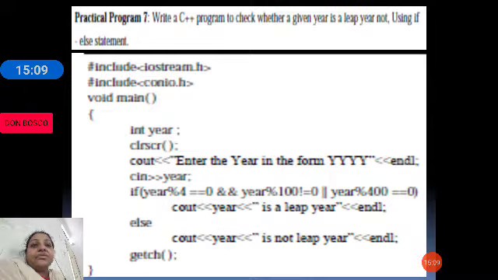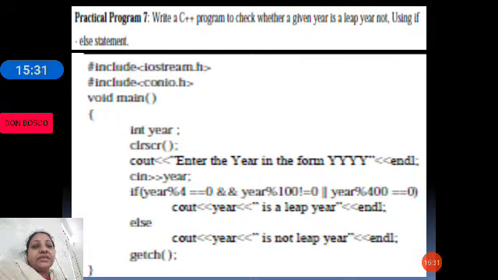So then iostream.h, then conio.h, void main, int year. Because they have asked us to check whether a given year is a leap year or not, we are taking a year and checking it.